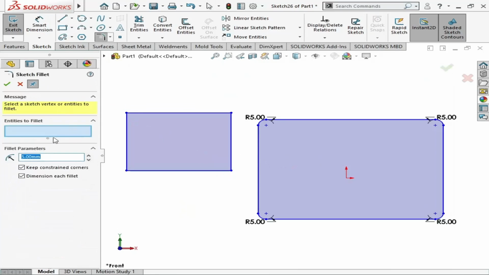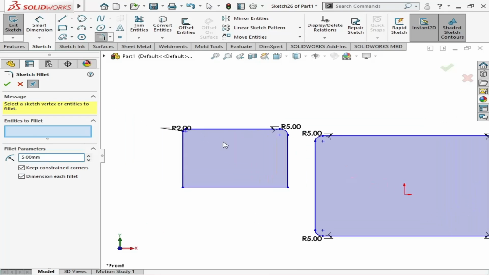Click on fillet and give it, for example, 2. After that, click on this and give it 5.